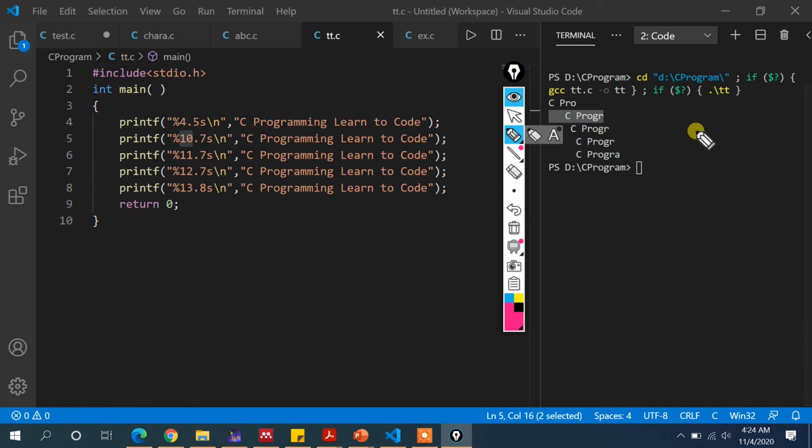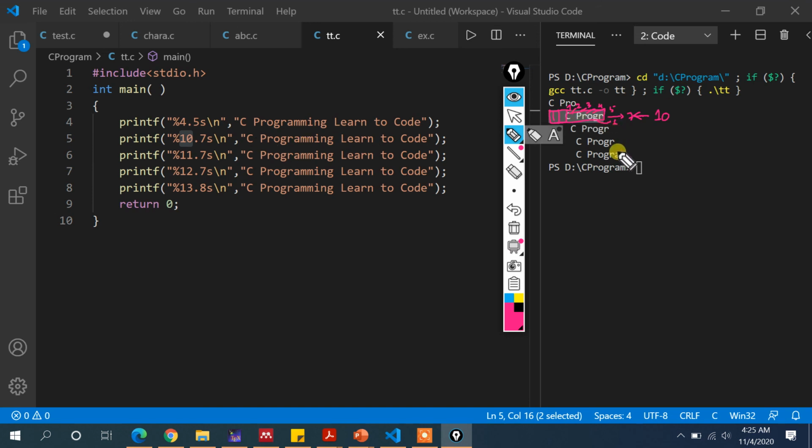Let me do it with a pen, then it will be easier to understand. You can see there are 7 characters: 1, 2 is the space, then P 3, R 4, O 5, G 6 and R 7. There are 7 characters, but before that there are some spaces. So this is actually 3 spaces left. In total there are 10 spaces here. 10 character spaces get allocated for displaying this string, out of which 7 characters